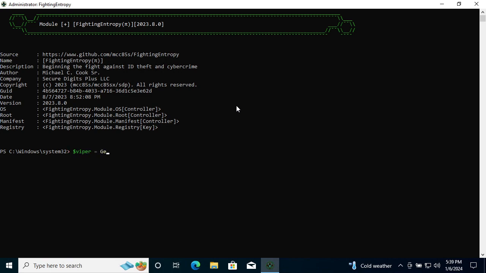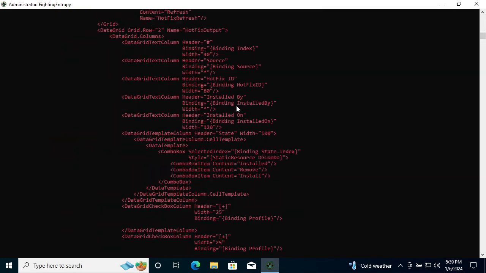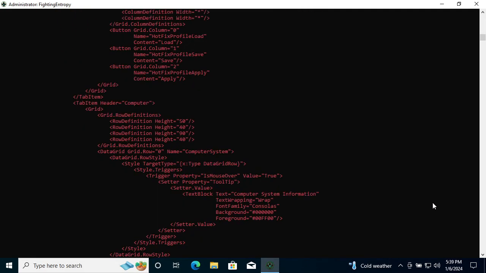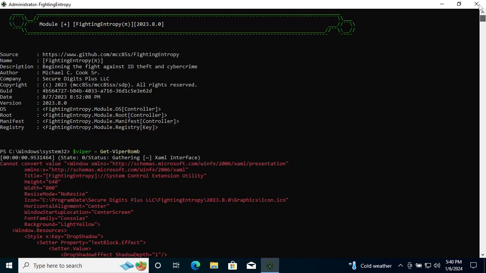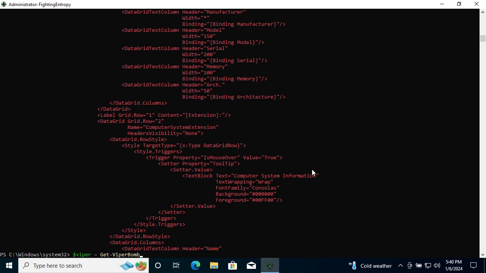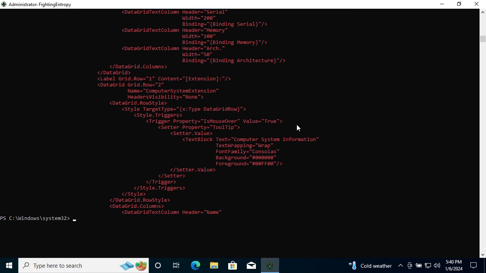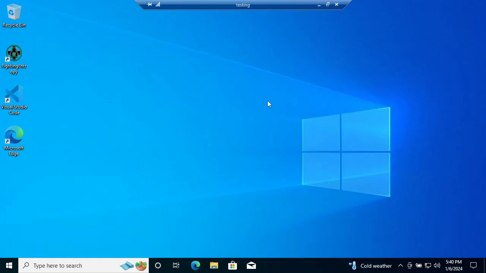Viper equal get Viper bomb. And then that's going to load the utility Viper bomb, which will... it's not going to load the thing Viper bomb because I think I need to fix that. I'm pretty sure I know what the problem is, but if I wanted to load that function, which is seen in other videos, then I would be able to customize this environment even further. So what I'm going to do is close that, and then